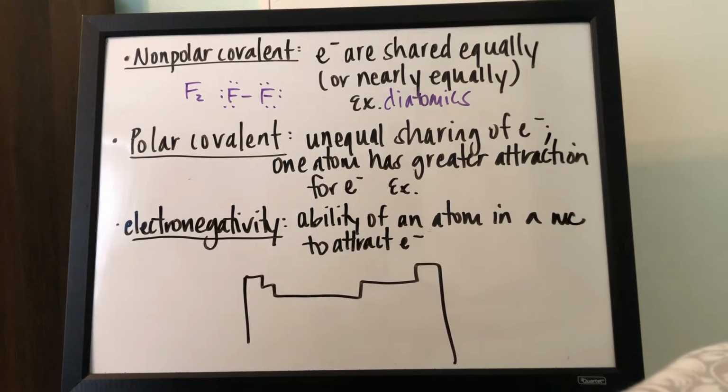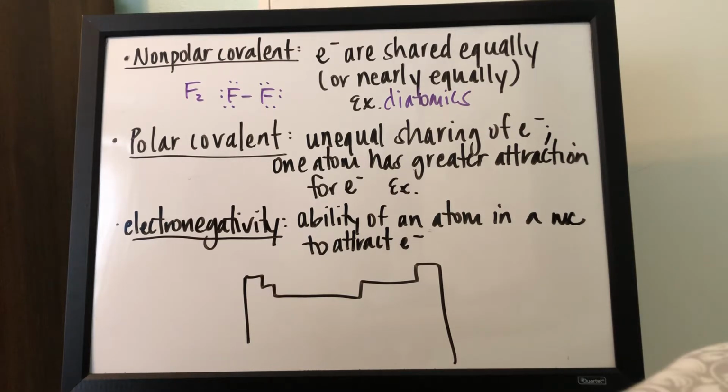That raises the question of what if the attraction for the electrons is unequal? Of course, that's not called nonpolar covalent. It's called polar covalent. In a polar covalent bond, we have an unequal sharing of electrons, where one atom has a greater attraction for the electrons. Before we give an example of a polar covalent bond, let's jump down and discuss electronegativity,